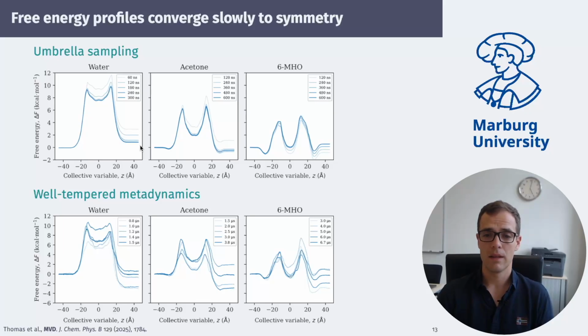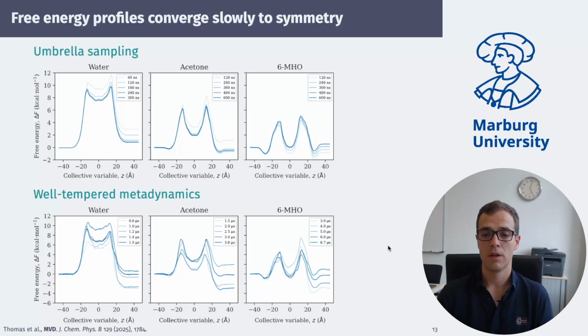And this slow convergence towards symmetry is actually independent of the precise enhanced sampling method employed. So we also looked at well-tempered metadynamics as a more modern competing technique. And again, we found that it is a little bit better than umbrella sampling because it's not as wasteful with the resources,